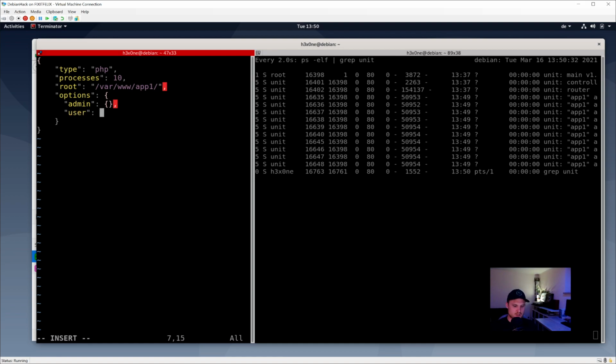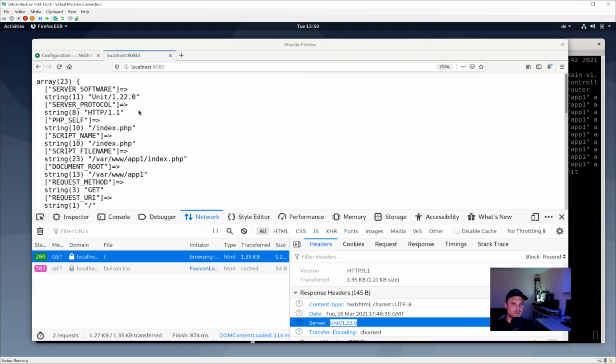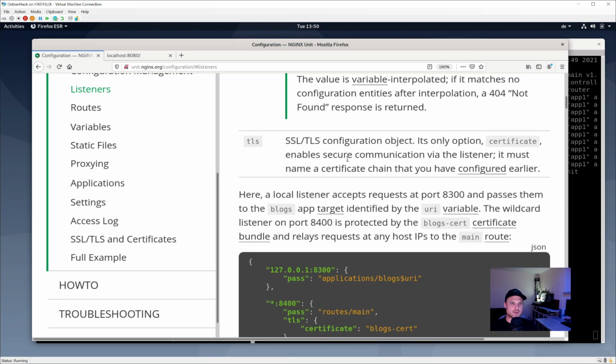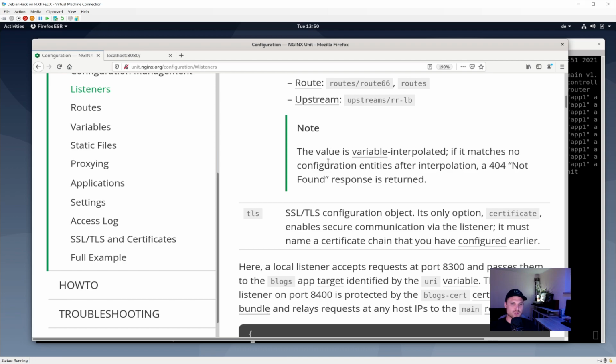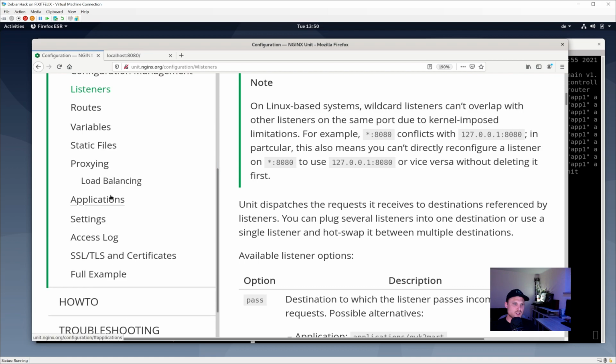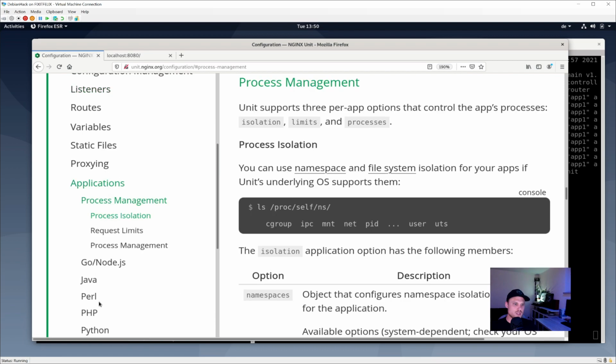So admin is global applications space, and in user is more in the user space. So that means with the admin, you can override some options. So what we want to do is we want to say in the applications part in PHP, we want